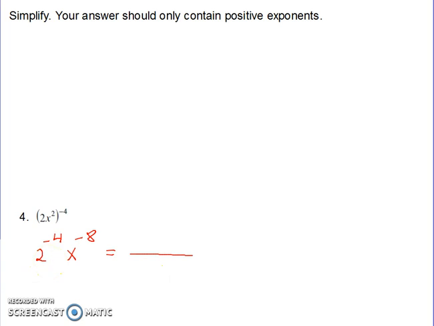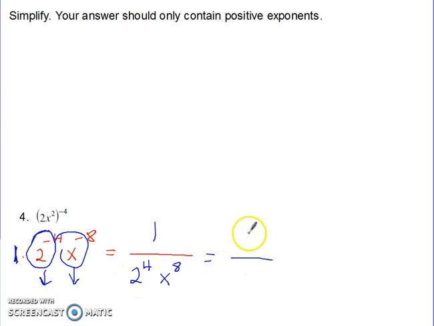And remember that we essentially have a 1 hanging out in front here. 1 times anything is itself. So when we cross the line and change the sign with these going down below, our 1 is still hanging out up top. So we have a 1 over 2 to the fourth x to the eighth. If you want to evaluate that exponent, you can, and you're going to end up with 1 over 16x to the